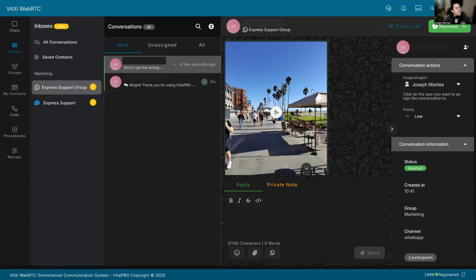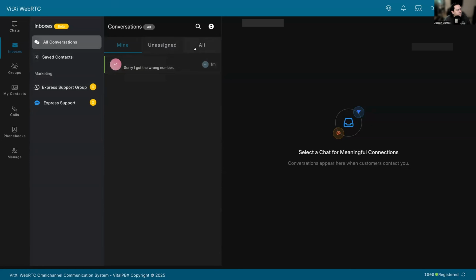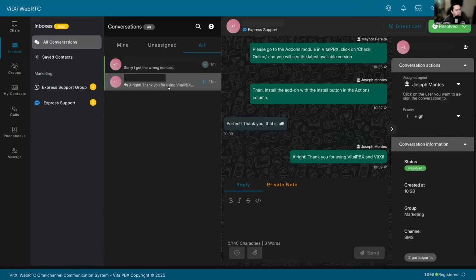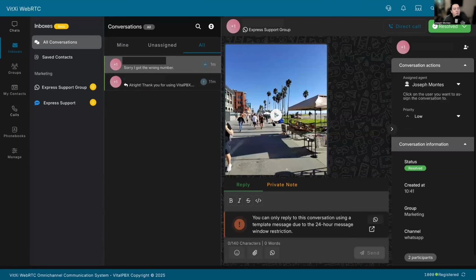Okay, so now we have had a couple of conversations here. If I select all conversations, you will see that we have them listed. We have our WhatsApp conversation, and we also have the SMS. One other thing to know about WhatsApp conversations,